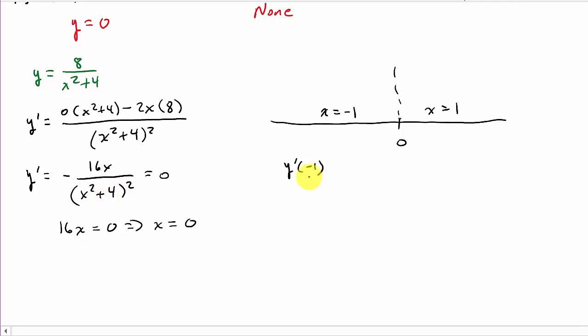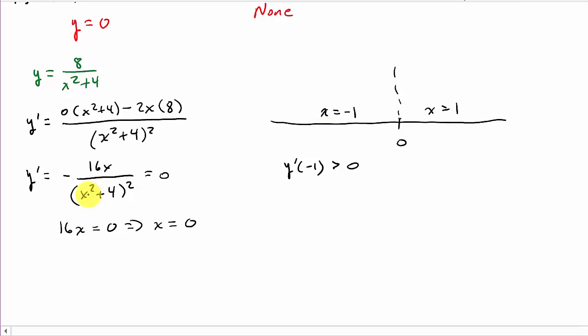Well, I get, let's see, 16 times -1 is -16, and this negative is positive. And look, it doesn't matter what I plug into the denominator, it's always going to be positive. And so when I plug the -1 in, I'm going to get a positive number. Now, I want you to keep in mind here, when we plug the -1 into the second derivative,